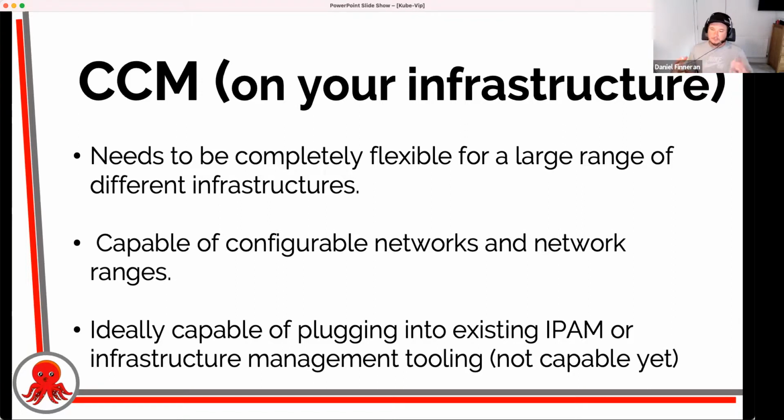So with the Kube-Vip cloud provider, you can effectively say, here are 10 IP addresses on my network. If somebody does a kubectl expose, get me an IP address from that range that I've told you about. And then it will effectively use that as an IP address, assign that to the service, and then we can make use of that. So it's a very simple CCM. As I've mentioned, its main role is being able to give it a pool of IP addresses. It will then manage the lifecycle of those IP addresses for Kube-Vip to then advertise to the outside world.